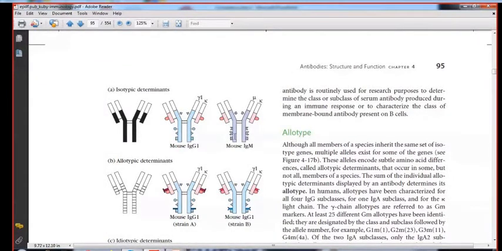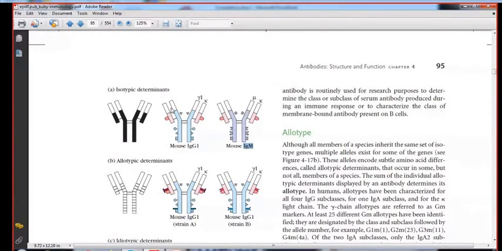In this example, you can see we are comparing between mouse IgG1 and mouse IgM. In both cases, this is mouse, but they are two different antibody molecules. One is the IgG1, another is known as the IgM, immunoglobulin M. So if we compare between these two antibody molecules, these two antibody molecules are produced by the same mouse, but their constant region, the